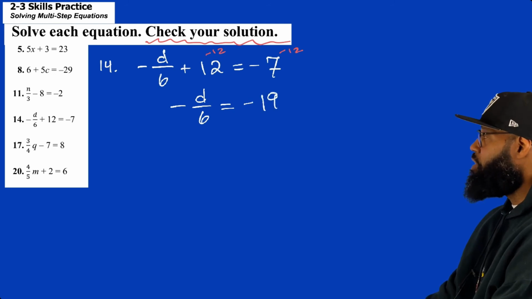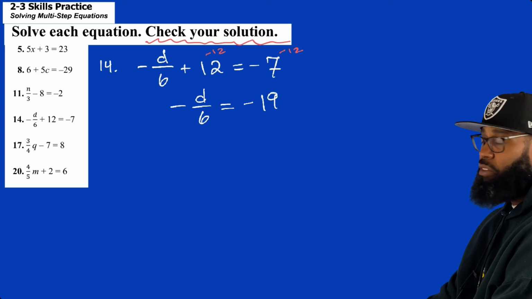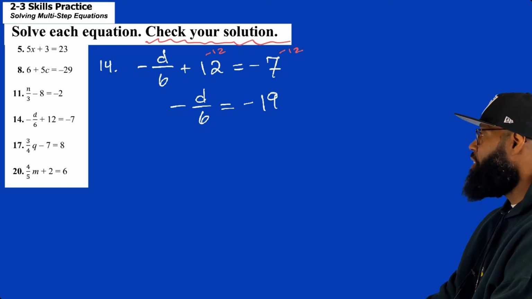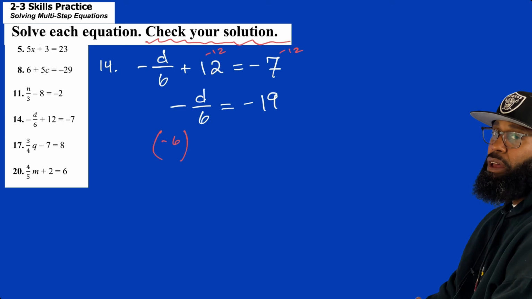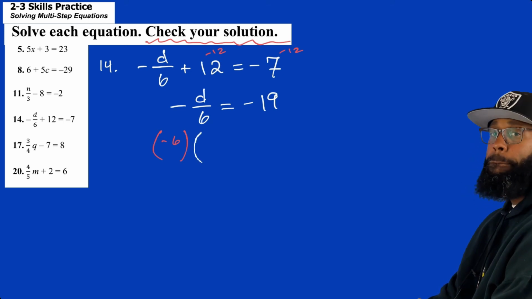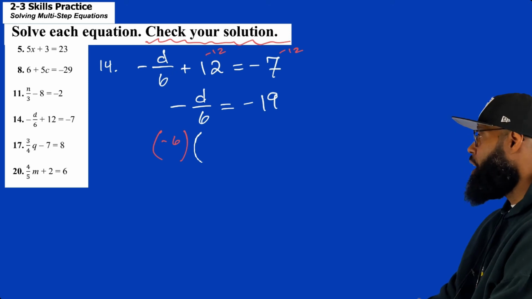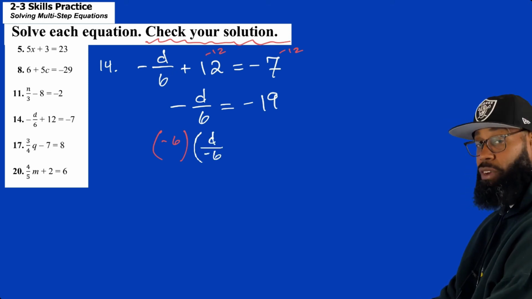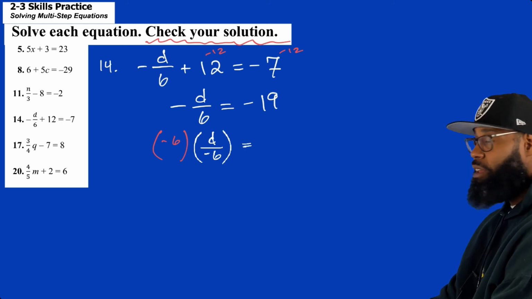So I still have my fraction, negative D over 6, negative D divided by 6. Oh, you like how I said that though? Negative D divided by 6. No. Why can't I say D divided by negative 6? I can give that negative to whoever I want, but I know since it is a negative, I need a negative to get rid of it. So negative times a negative is a positive. So right now I'm going to multiply the left side by a negative and the right side by a negative